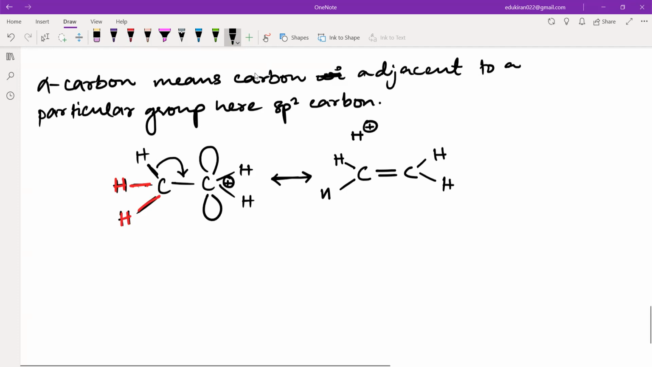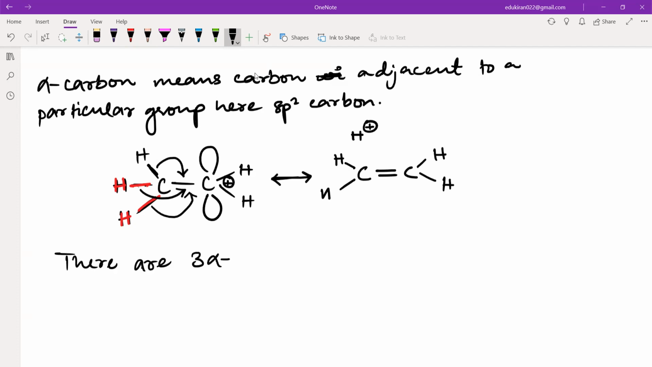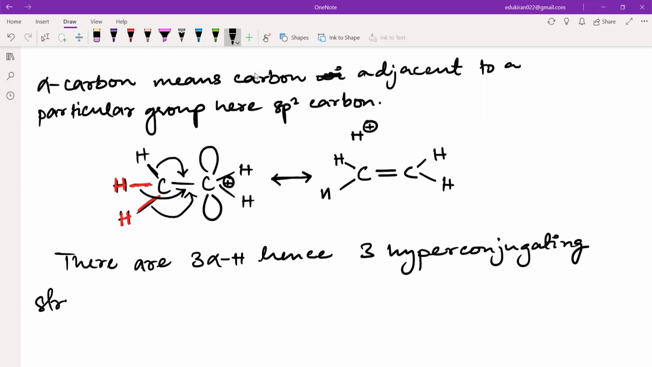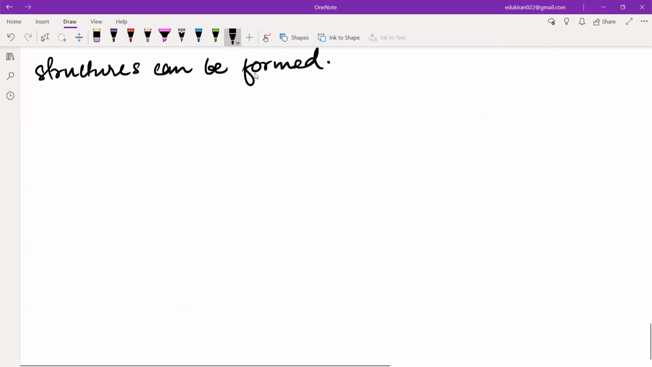What can happen? In some moments, this hydrogen, the black hydrogen, is going to give the electrons. Some moments this one is going to give the electrons. Now I can say that there are 3 alpha hydrogens, hence 3 hyperconjugating structures can be formed, and those 3 structures will be something like this: